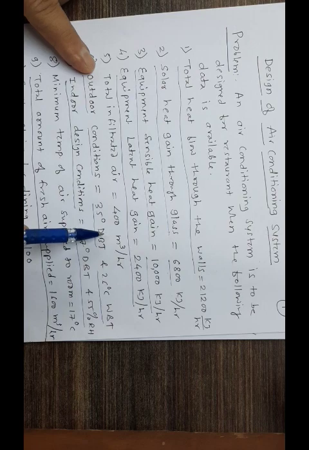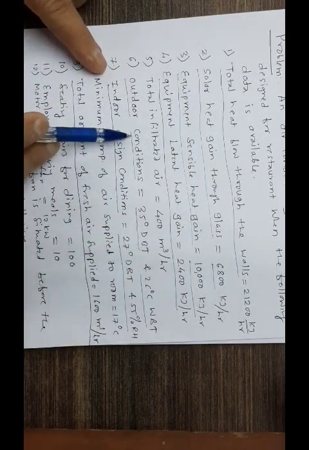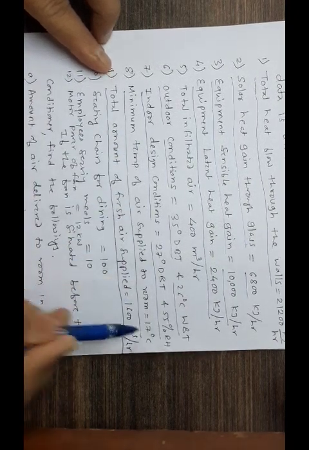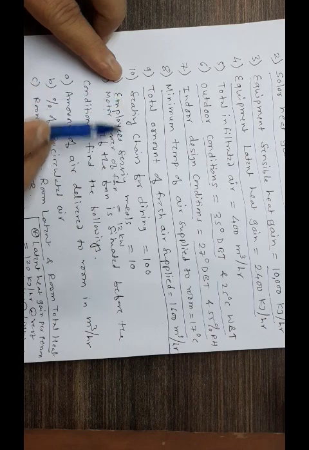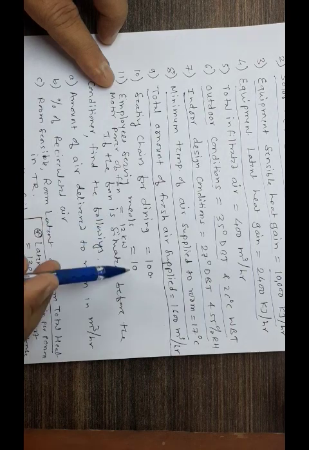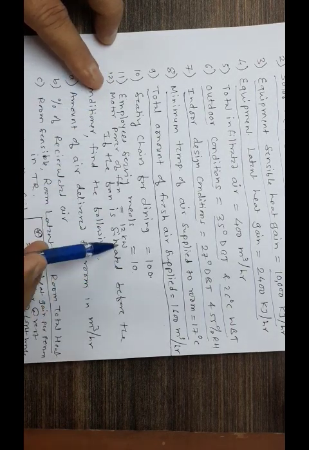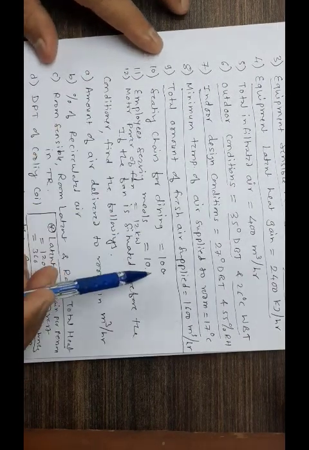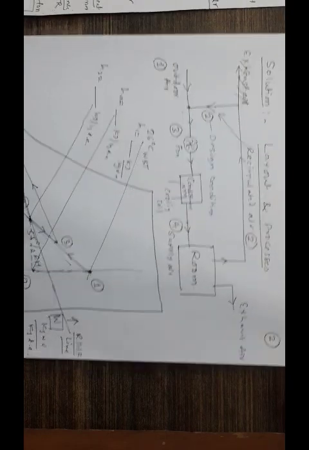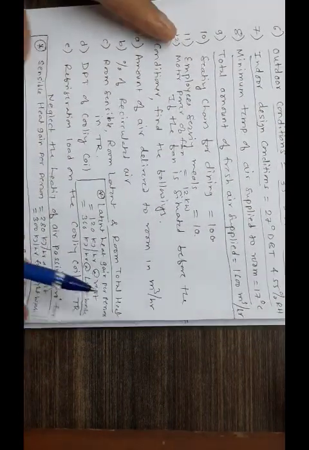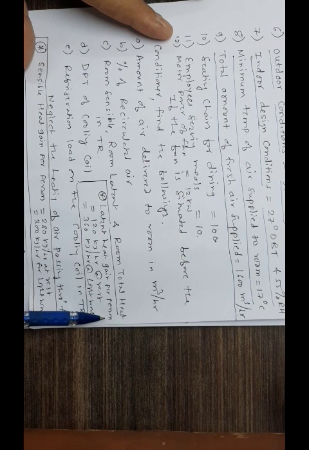Infiltration air, it's a mass flow rate or rather volume flow rate. This we have already referred. This minimum temperature we have already considered while plotting our second point. Now, seating chairs for dining 100, that means there are 100 people expected in the restaurant, 10 employees are expected in the restaurant, and a 12 kilowatt fan is expected for circulation. Regarding the people here, because there are people inside this conditioned space, the people will also give out heat to the inside of the room. So what kind of heat is given by the people inside the room? That is given here. Latent heat gain per person.